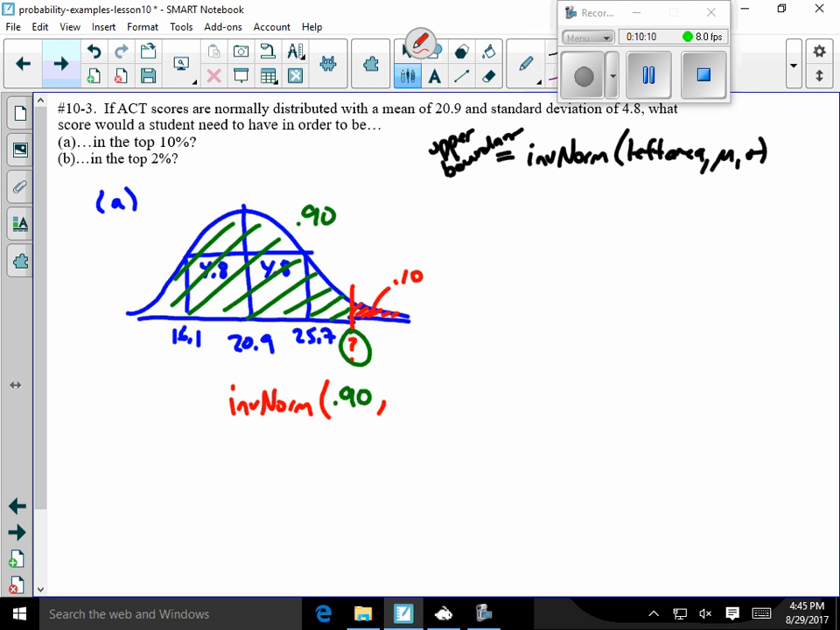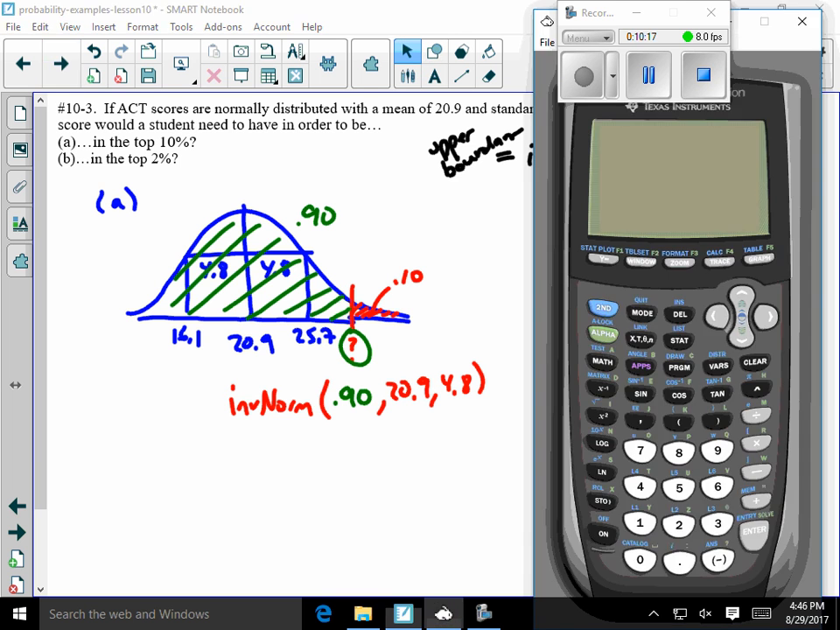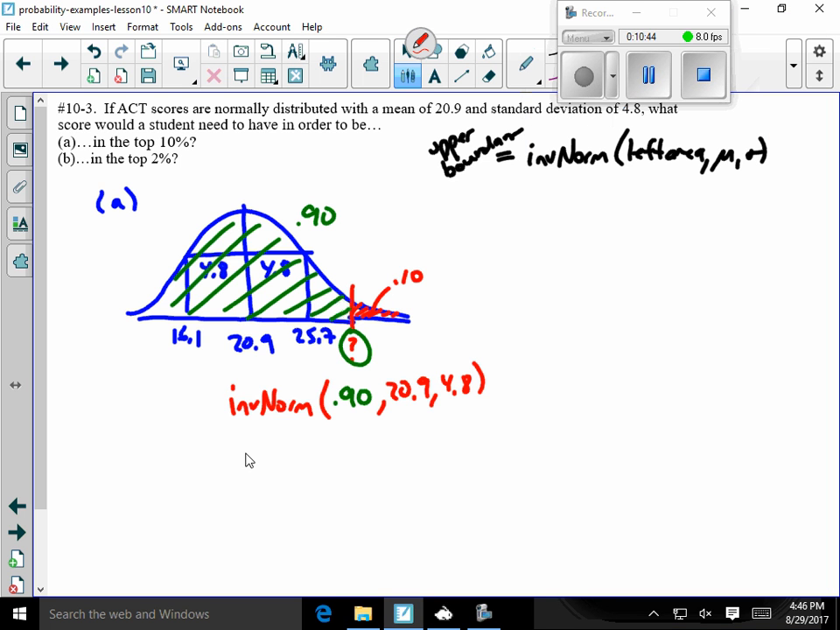And then I'll enter the mean, 20.9, and standard deviation, 4.8. And then we can have the calculator tell us what the value is. So if I go to that same location, second variables to get to the distribution, remember the third item down is inverse norm, right? Area to the left is 0.9, so I'll enter that as a decimal. And if the mean is 20.9 and the standard deviation is 4.8, then that gives me a boundary value of 27.05. So this value here would be